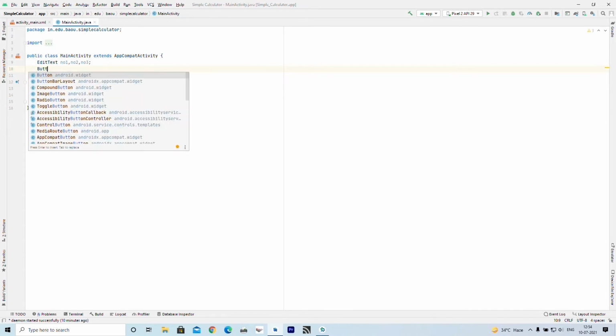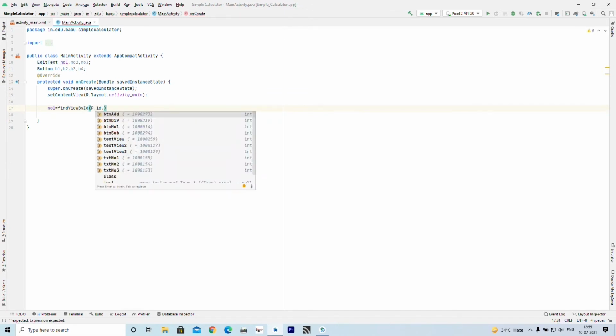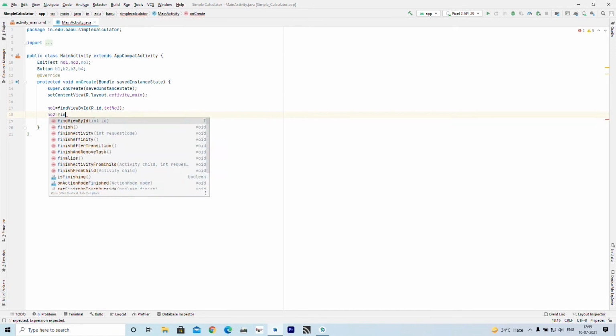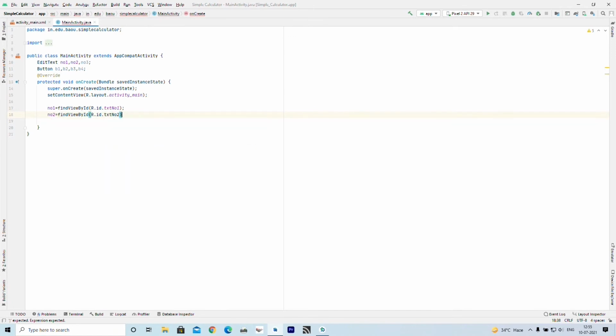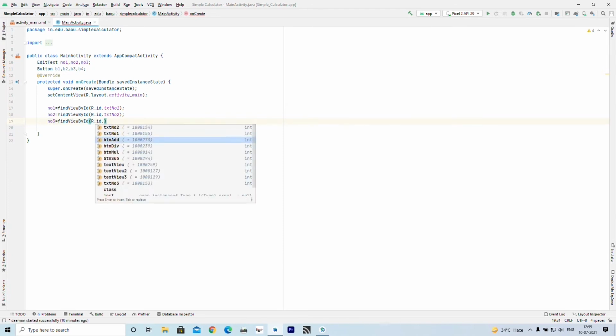So I am declaring 4 buttons B1, B2, B3 and B4, and here we take a reference of all these numbers and buttons by using findViewById, and the ID for number 1 is txt no1, for number 2 the ID is txt no2, and for the result the object is no3 and the ID is txt no3.